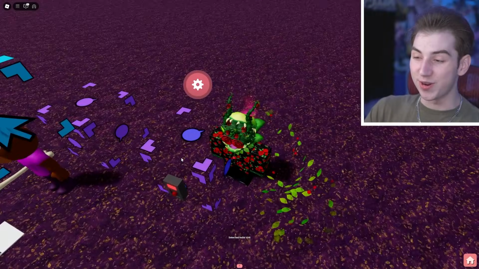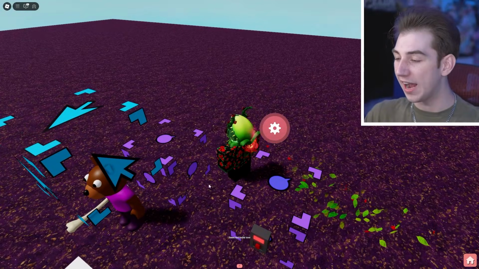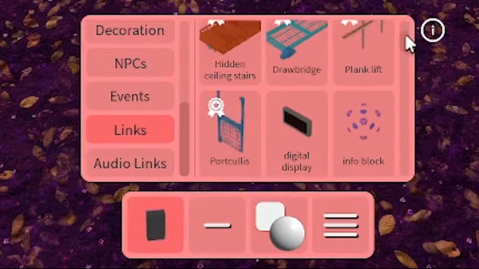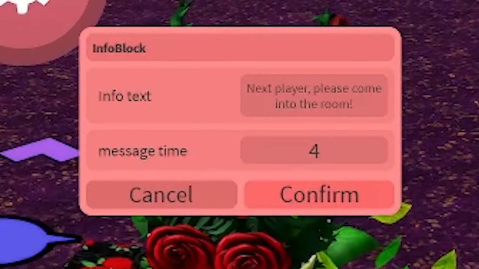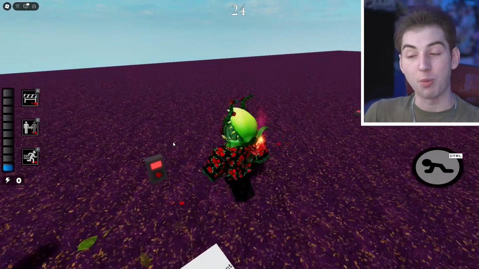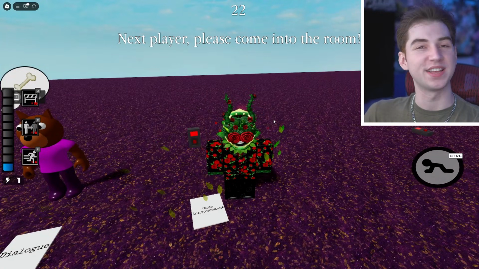You're instead going to use an info block. Don't worry, I know these look very similar, but you can actually go in the menu down here and you can find the info block right here and set the message that you want to announce to players. And now, thanks to this simple change, important game messages can now be at the very top of your screen